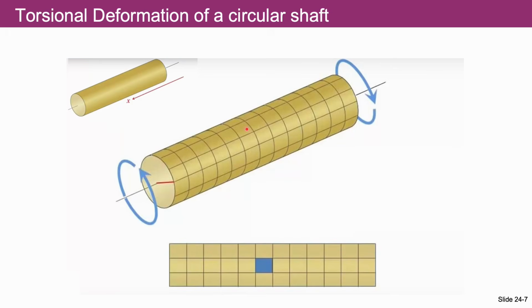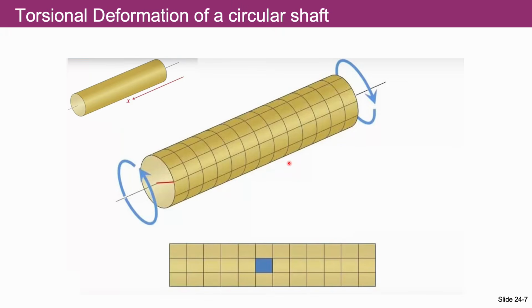From the side, it looks like a rectangle, as you can see. So this is the side view. This is our circular shaft, and from the side, it looks like a rectangle. In order to help with the visualization of the deformation later, let us put some grids on this circular shaft. Please note that each of these grids can be considered as a rectangle with all four right angles, actually 90-degree